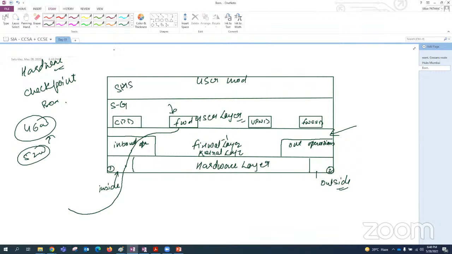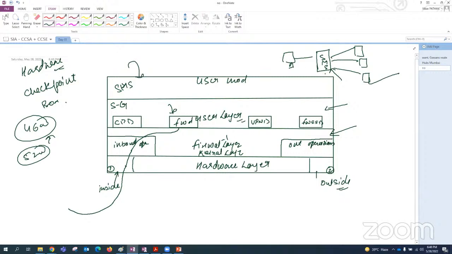Right? So we have a 3-tier architecture in Checkpoint. One is the SmartConsole, which will be connected to the Smart Domain Manager, the SMS manager. This one is the SMS, right? And this SMS will be managing our gateways. These are my multiple gateways. So this security gateway user mode belongs to a security gateway, and this SMS user mode belongs to this SMS